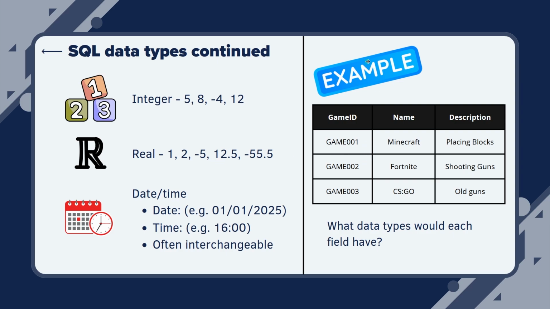An example for suggesting data types, let's say we have a game store with different games. Game ID, name, and description. Okay, I'll have you guys suggest what each field, game ID, name, description, should have as a data type. So first, game ID, what do we think? Alphanumeric indeed. It could be text, but Cambridge would way prefer alphanumeric